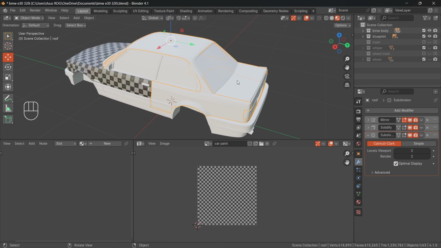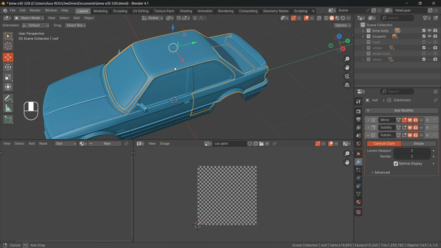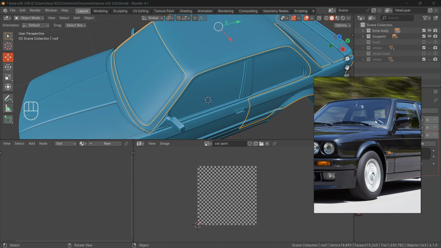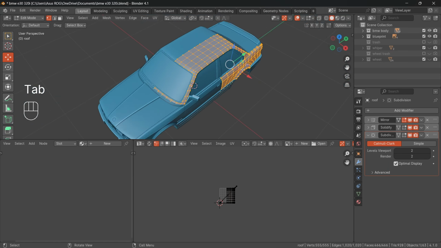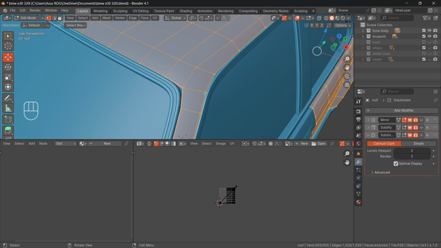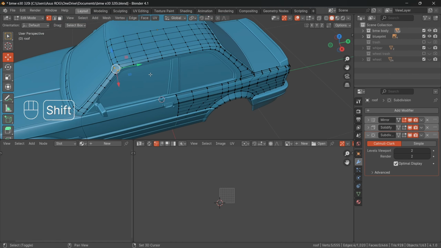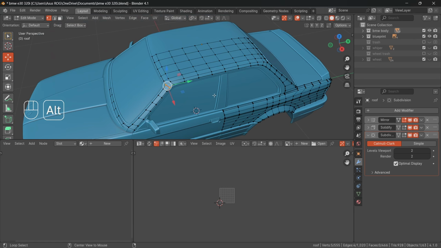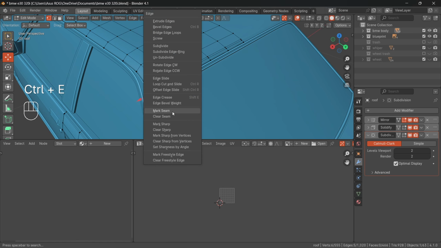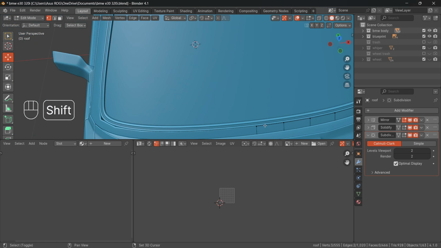So for this part right now, let's go back to the solid view. We need to add a seam for this part. We can select this hood part, switch to X selection, or you can just leave this, and then we can select all of this loop right here like this, and then press Ctrl E, mark seam. You can also select all of this part, Ctrl E, mark seam like this, and we can select all of this here,